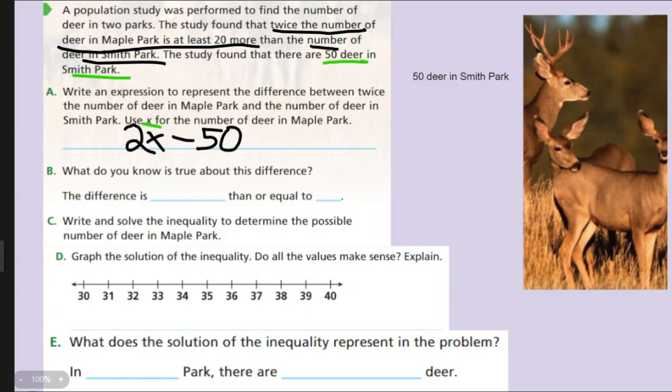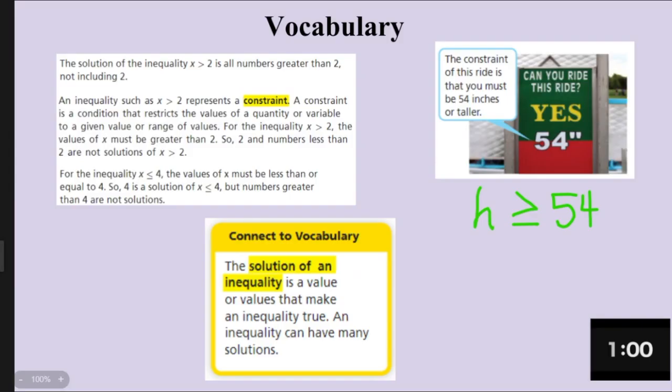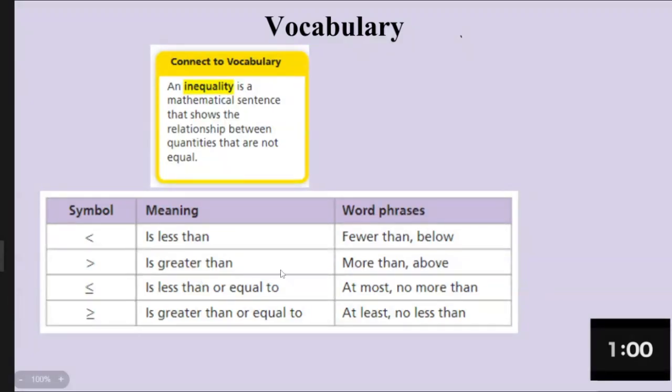And part B is, what do you know about this difference? Okay, so we know that this difference, notice that, and here we're going back to the problem, the study found that at least twice the number of deer in Maple Park is at least 20 more than the number of deer in Smith Park. So remember, if we recall, when we see that key phrase, at least, right, if we go back, we know that at least,